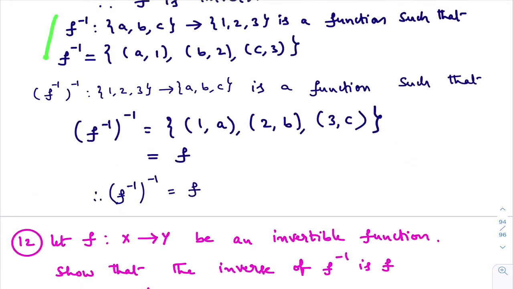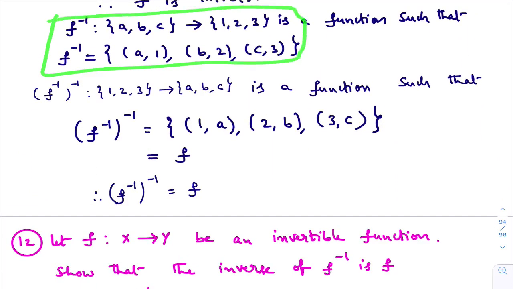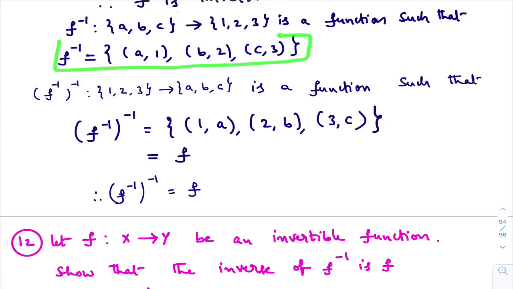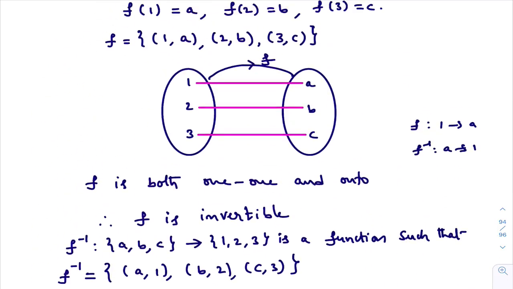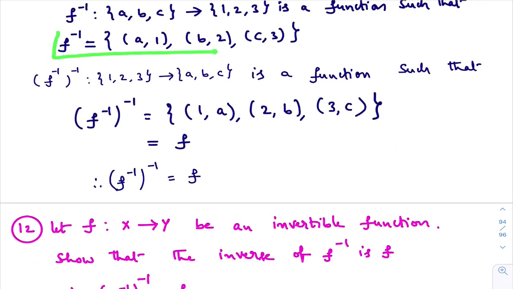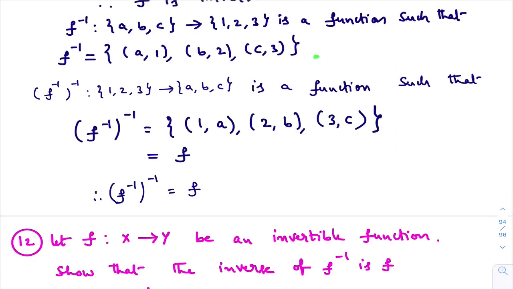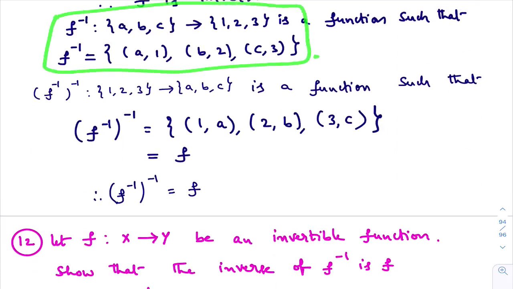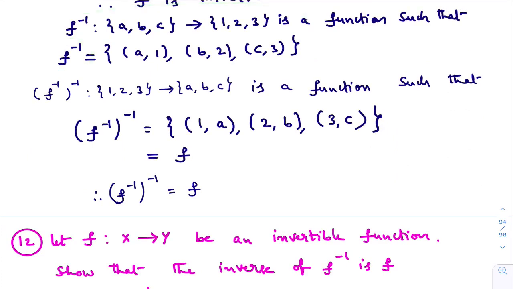Here you see this part. You observe this f inverse. Is it bijective or not? Clearly it is bijective. You go with this method only again. This is bijective, so for this function inverse exists. So by seeing this two, I can write this inverse. Please try to understand. So for this function, inverse is from 1, 2, 3 to a, b, c.